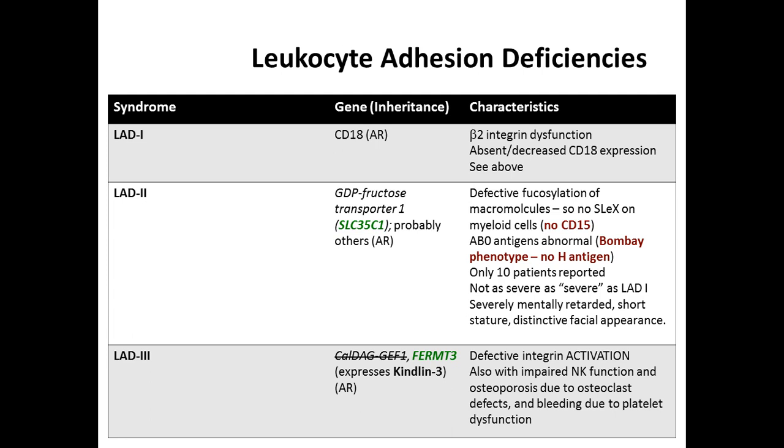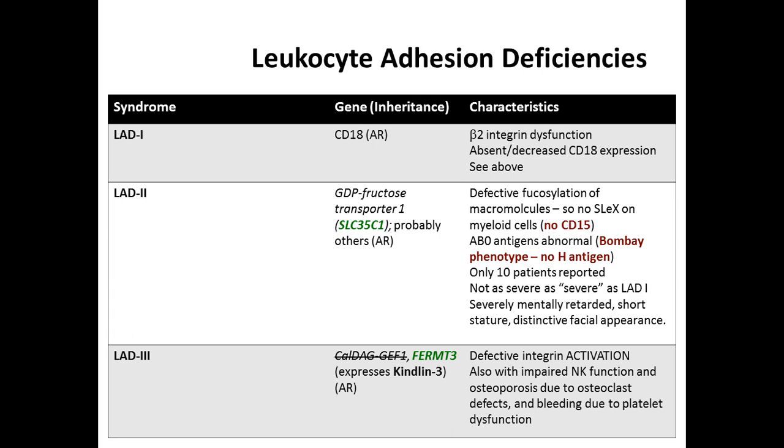So that's the primary cause of leukocyte adhesion deficiency, beta-2 integrin dysfunction, so you can't stick to the endothelium and get to the extravascular space. So leukocyte adhesion deficiency 2 is important. Now we're getting back to what I talked about before about carbohydrate receptors. So if you have a problem recognizing carbohydrates, you're not going to be able to bind to the sialyl Lewis X antigen, and so you're going to have less efficient binding to the endothelium and being able to get out.